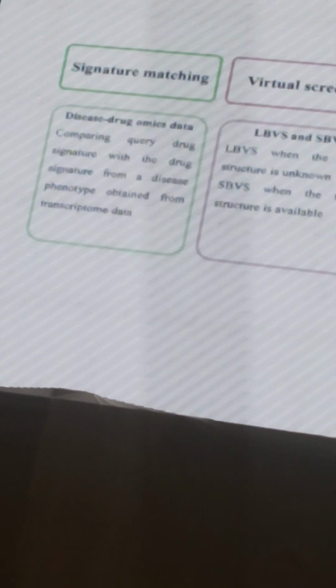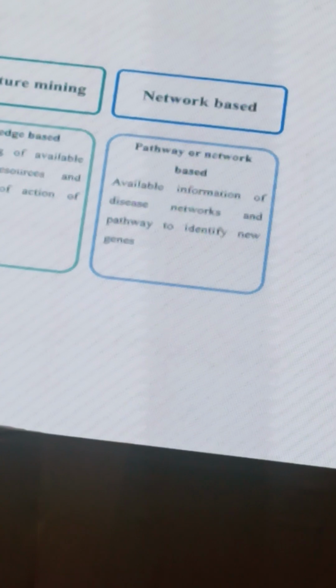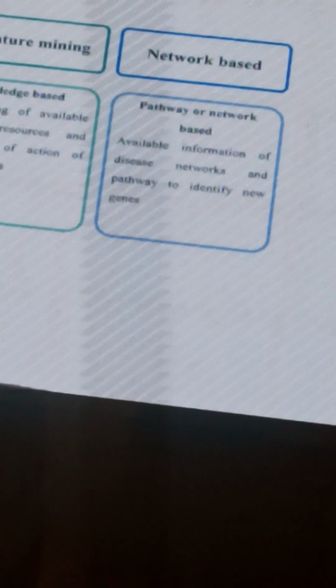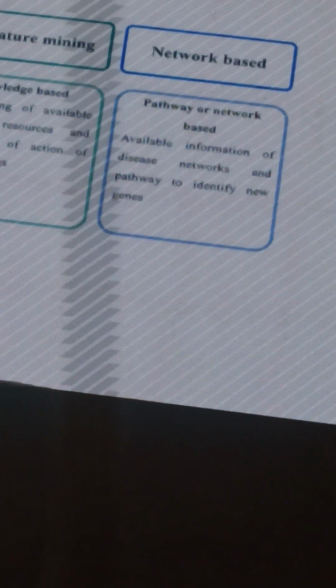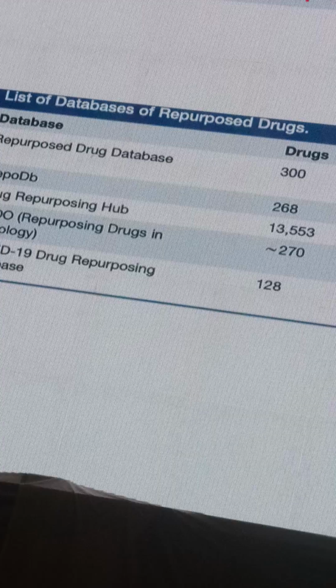Okay, drug repurpose is you signature match, then you do the virtual screening of that particular drug. Literature is with you, and then you also do the network-based pharmacology studies. So network-based pharmacology studies also are not a new domain, but it involves the bioinformatics in which you just check which particular proteins are interacting with the other proteins and how they are matching and missing things. So these are the repurposed drugs which are available in the market. And then there is a database of repurposed medicines. You can see there are a lot of repurposed drugs available in these databases.